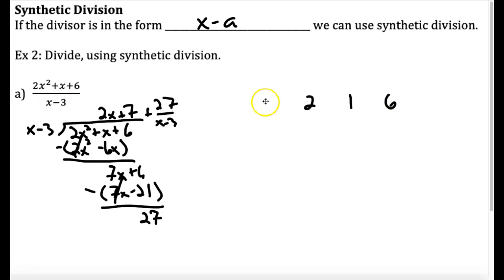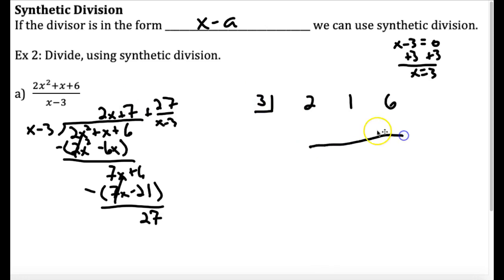And now I'm going to put up here in a little box the solution to this factor. Right? So we're saying x minus 3 equals 0. Then to solve that, we would add 3 to both sides and get x equals 3. Right? So we're just thinking about the solution to this factor is the number that goes up here in our